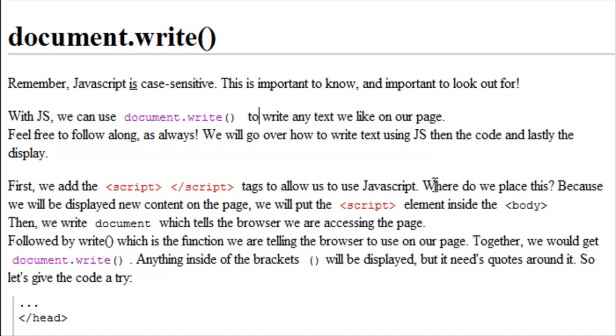First, we'll go over how to write text using JavaScript, then the code, and lastly, how it displays. So first, we add our script and then closing script tags to allow us to use JavaScript in our page. When we do this, this is an internal file. And where should we place this? Because this will be displaying new content on the page, we will put our script element inside of our body